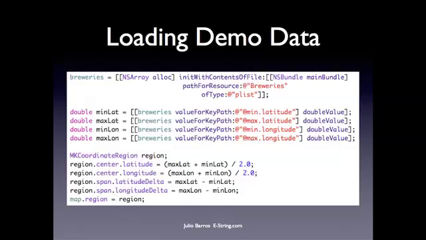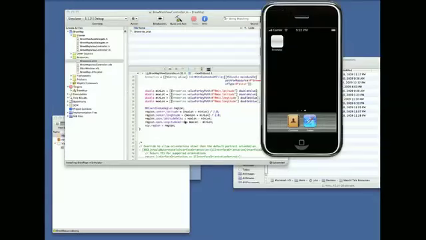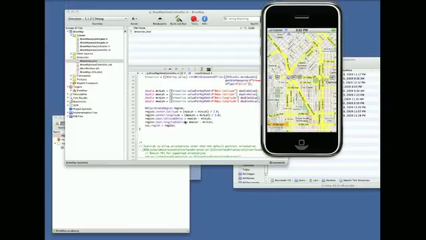It loads from the main bundle, and then I process it a little bit to get the minimum and maximum latitude and longitude. Then I use the average of this to calculate the center and the difference to calculate the spans. You might want to make your spans a little larger so that all your points fall clearly in the map and not just along the edge. When we run this, we see that the map is centered closer on downtown Denver, where the breweries are